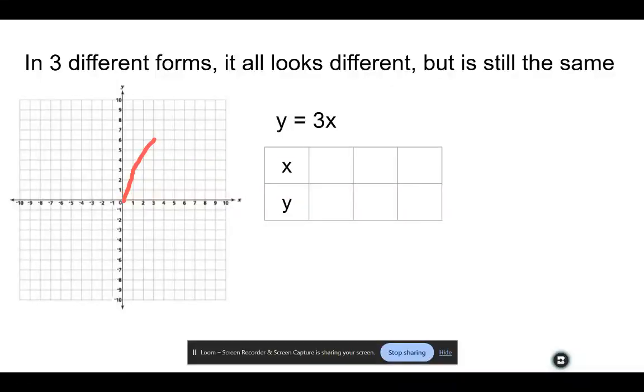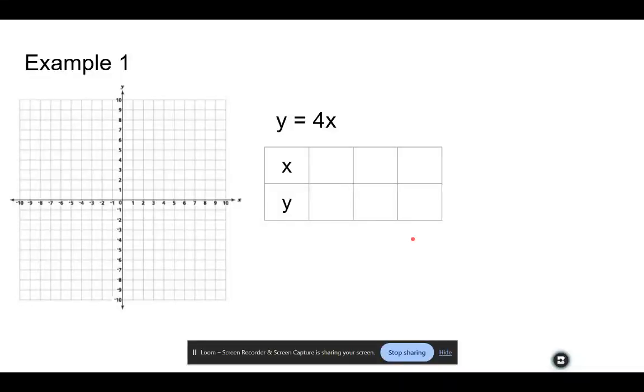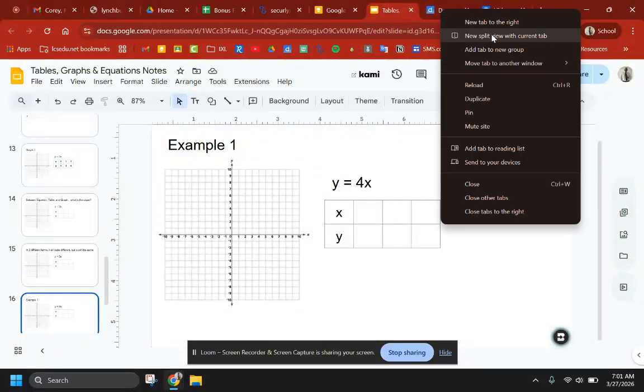These are three different forms that you're going to see, and they look different, but they are all pretty much saying the same thing. This, our table when we filled it out, and this are all representing the same thing. It's just in three different formats. All right, it says example number 1, but we've been doing this by now. Let's go back to our Desmos calculator